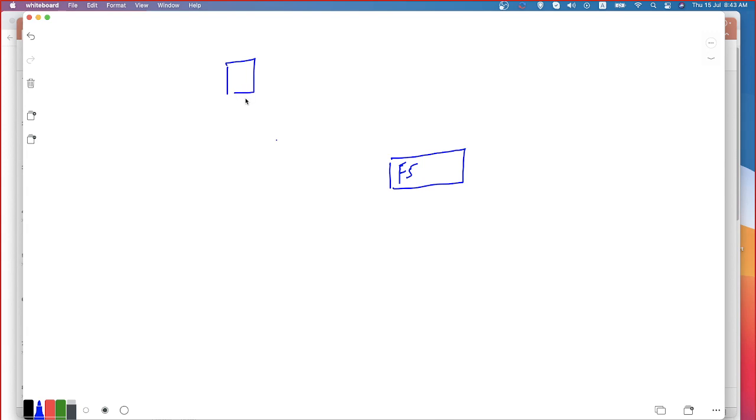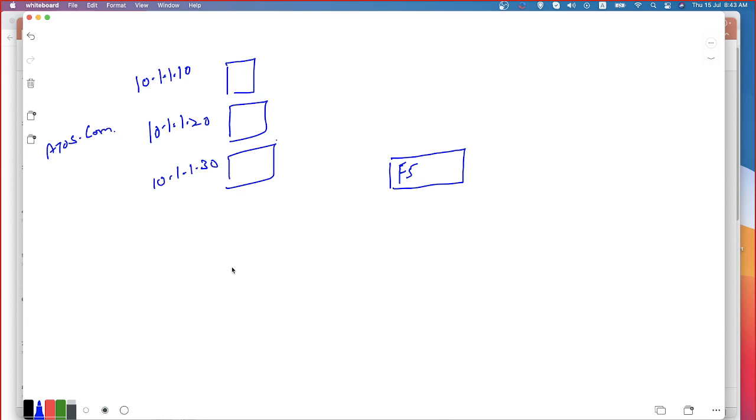Like say, I might have 10 servers or 20 servers, and they are going to be identified with an IP address. Let's say 10.1.1.10, then 10.1.1.20, 10.1.1.30, and this is where I have my atos.com service running, a website is running. I'm also having a couple of other dedicated servers. It's quite possible multiple websites can be running on the same server. Just for our understanding, I'm going for dedicated servers.